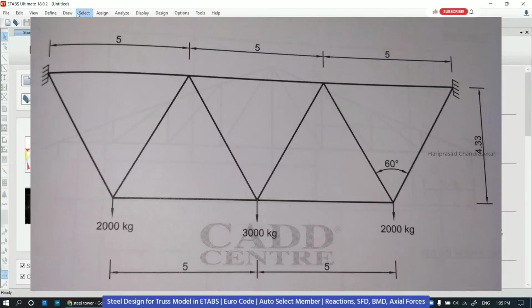Okay, first we need to analyze the truss, how it looks. Then we can go for modeling. Here we have supports, not on the downside. And then the dimensions and everything we got, so we need to remember that. This we will consider as feet or meter. We will consider this as meter.